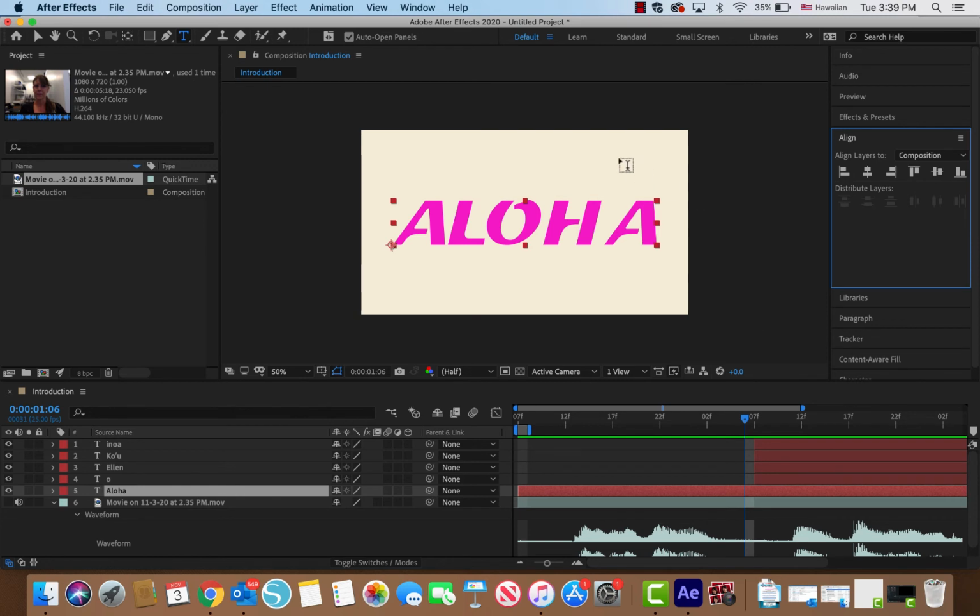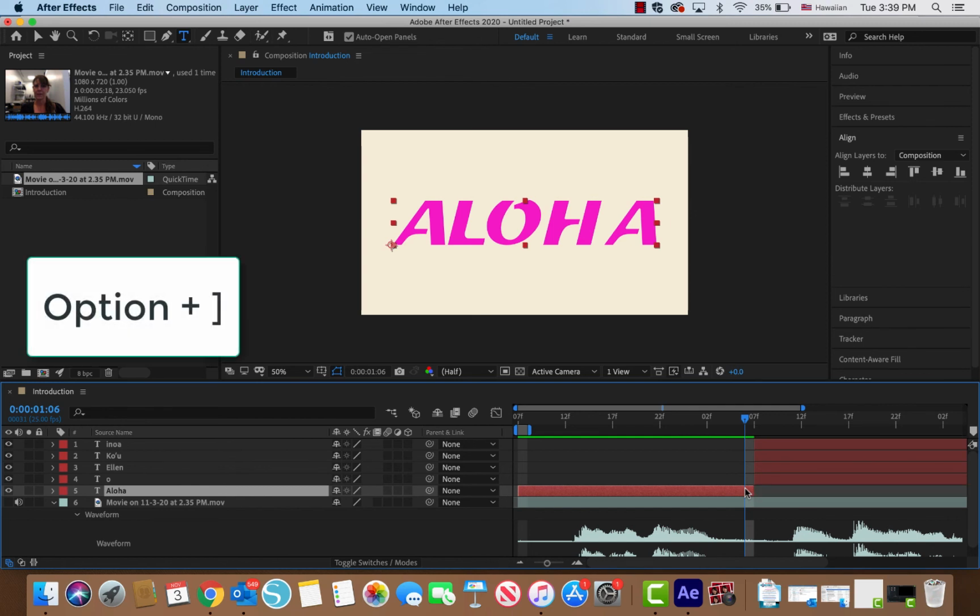Then the other thing is I want aloha to disappear when I'm done saying it. So I already pushed all my other lines over to the side. Now, making sure that I have that layer selected, I'm going to press Option close bracket, and you'll notice that that part of the